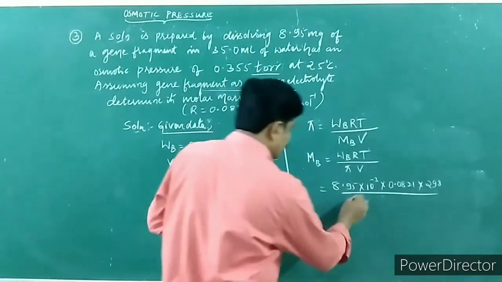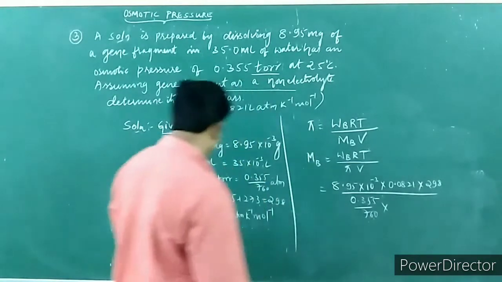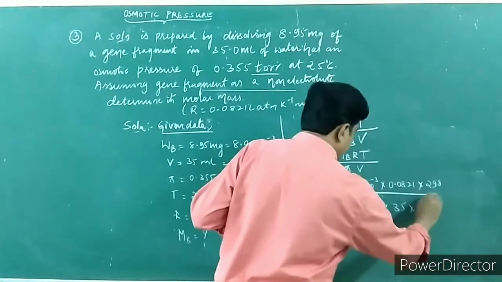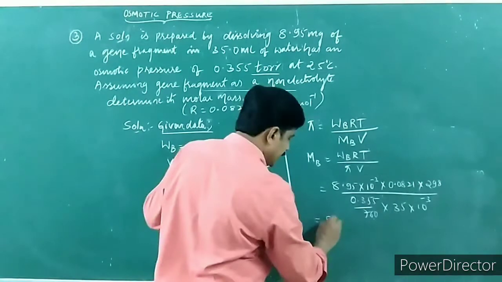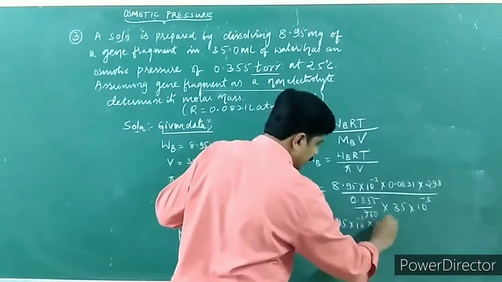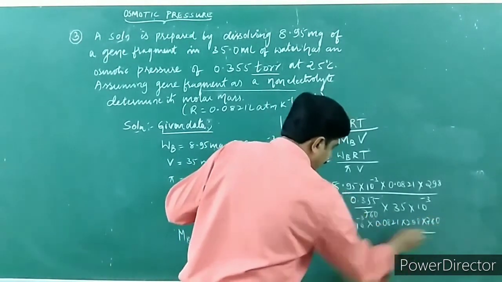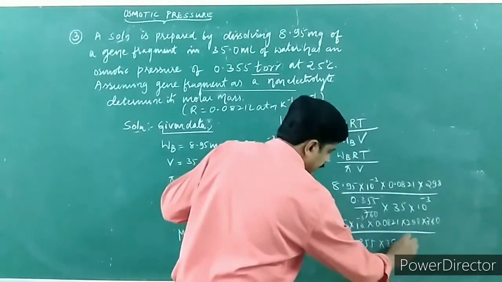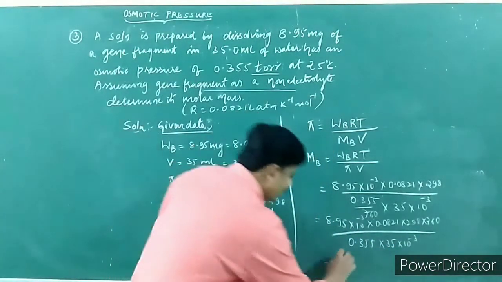Pi is equal to 0.355 upon 760 into volume. How much is the volume? You will calculate: 35 into 10 to the power minus 3 liter. Now, this 760 will go in the numerator. Look here, 8.95 into 10 to the power minus 3 into 0.0821 into 298 into 760 upon 0.355 into 35 into 10 to the power minus 3. Children, if we simplify that, we are going to get